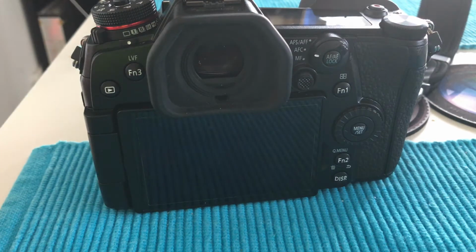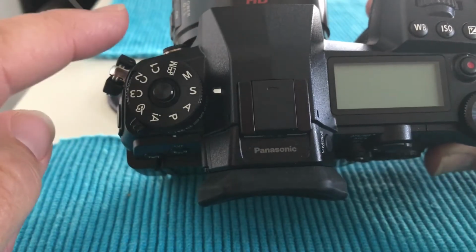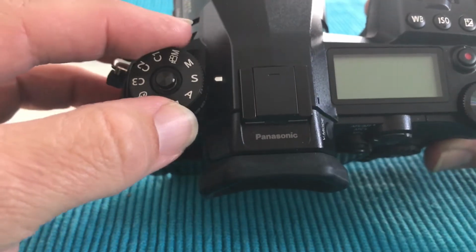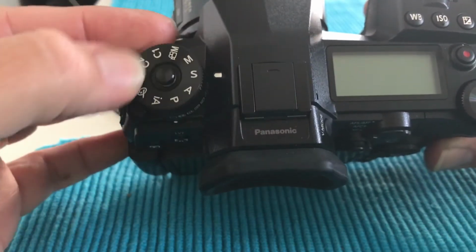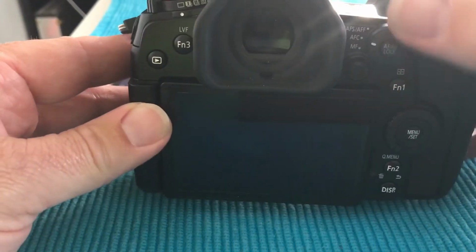Okay, here's a quick tutorial on how to set up back button focusing on the LUMIX G9. I've never set it up on this camera before, so you're going to be doing it with me. First thing, I use back button focusing for sport shooting, so I'll stick it in shutter priority mode, and I'll have it on